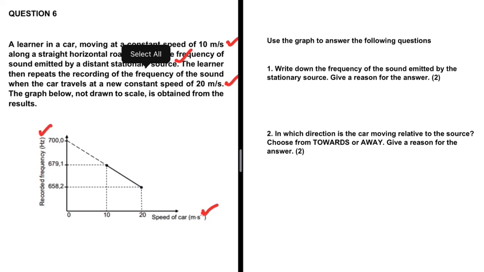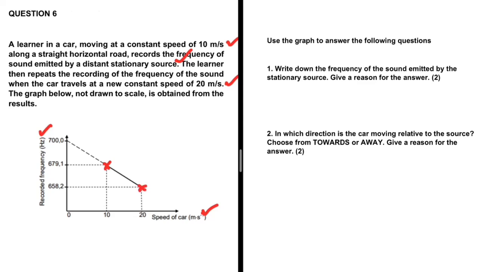When the speed of the car is 0 meters per second, the frequency recorded is 700 hertz. We're going to come back to that. And then when the speed of the car is 10 meters per second, the recorded frequency is 679.1 hertz. And then when the speed of the car is 20 meters per second, the recorded frequency is